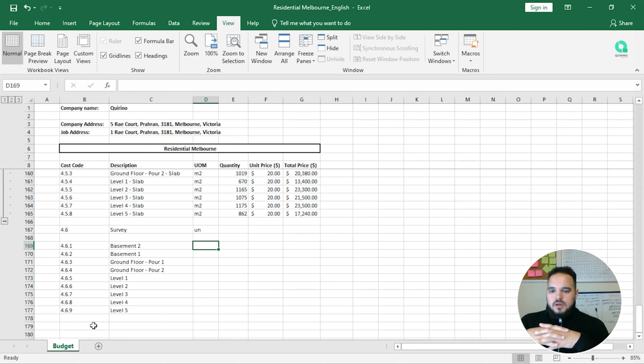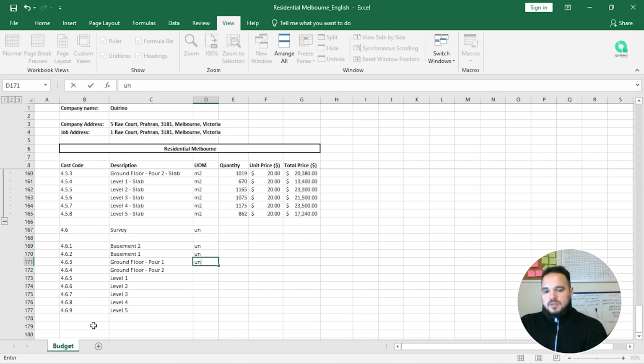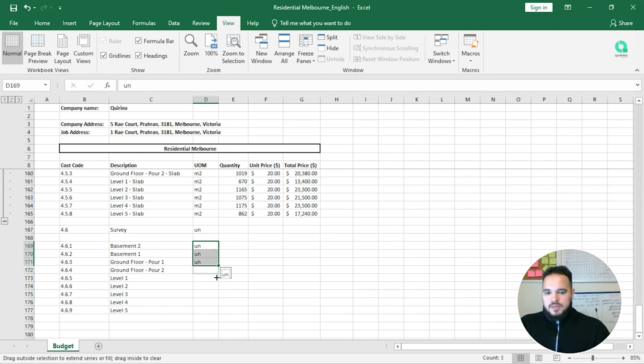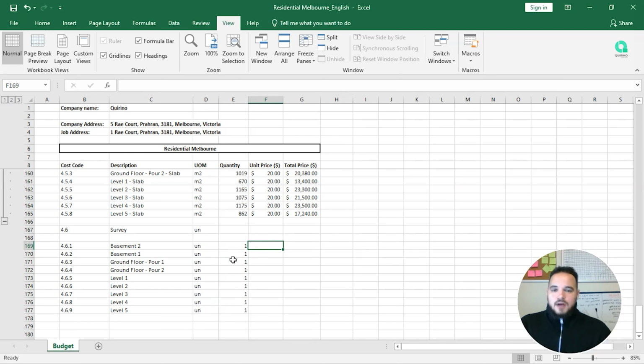Now, from basement 2 to level 5, what we have is, let's price everything per unit. So when I say unit, I actually mean that the surveyor will be there and he will charge you one price to mark all the points on basement 2, to mark all the points on basement 1, and so on and so forth. And then, how did I get this price? Or how are you going to get this price? Get all the invoices that you have from a surveyor on your office or at the company that you work for, and then you see the square meters that